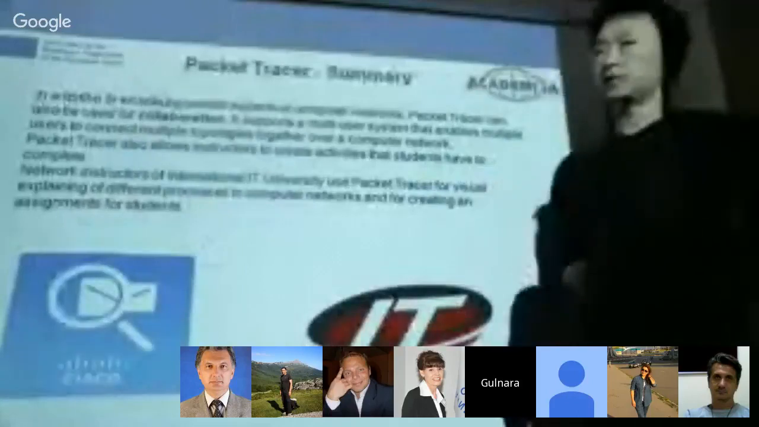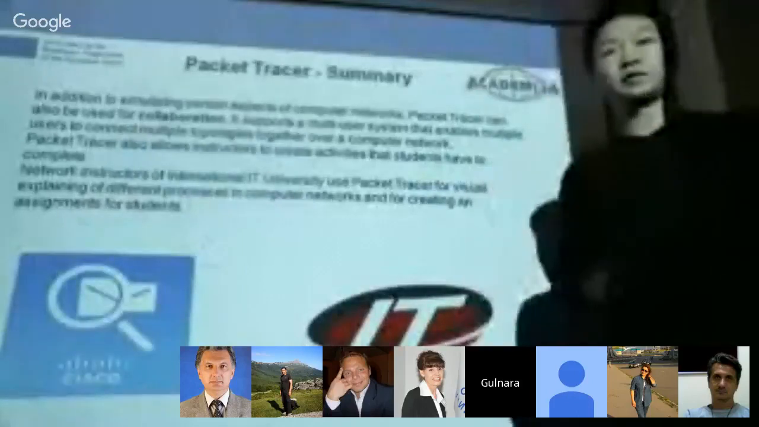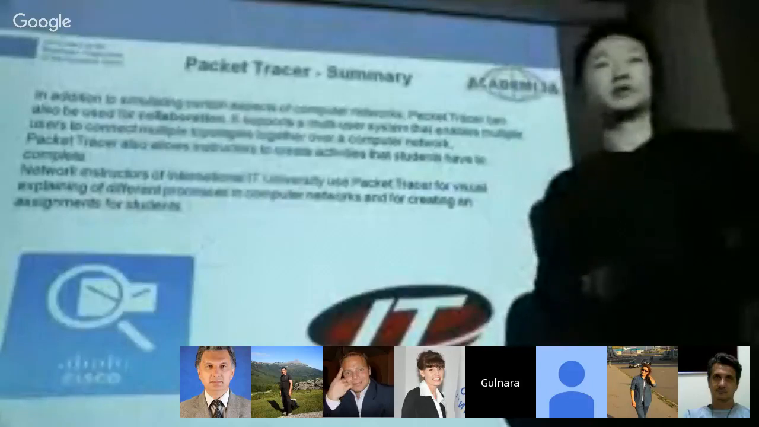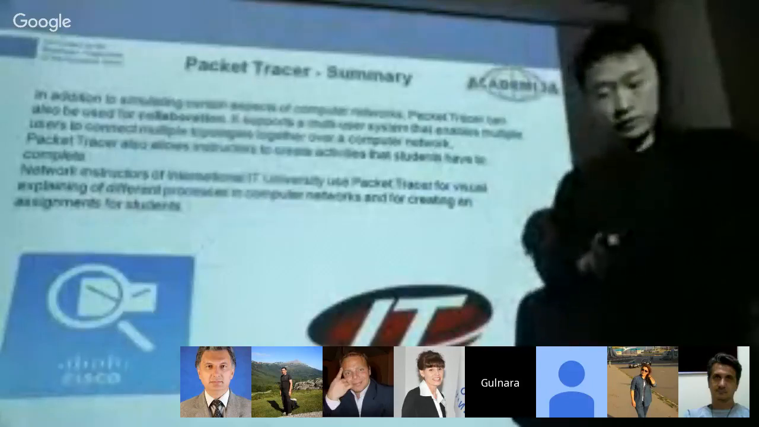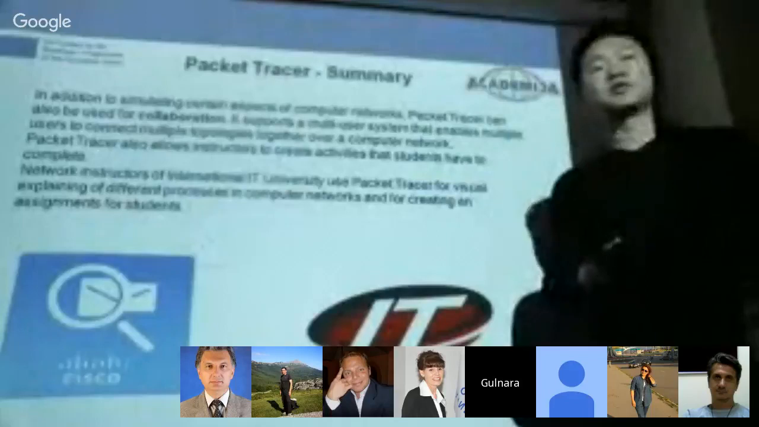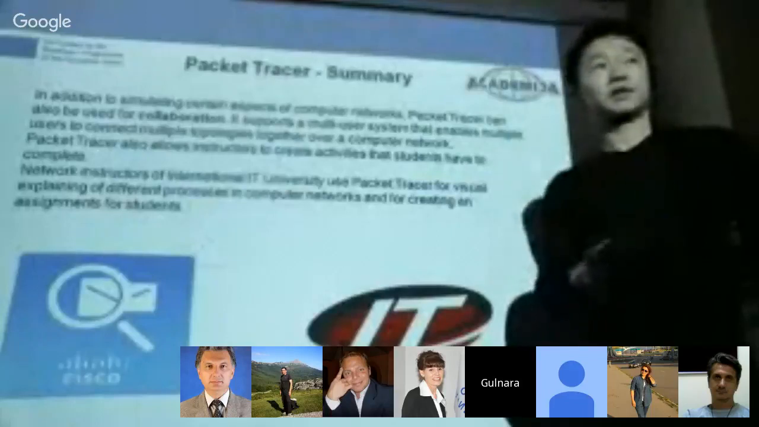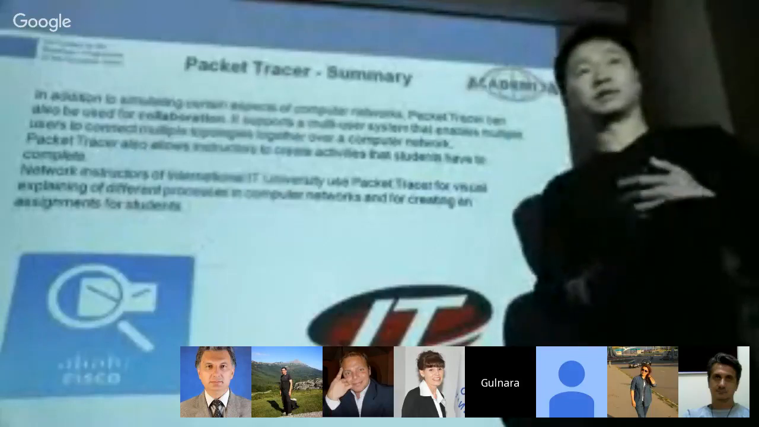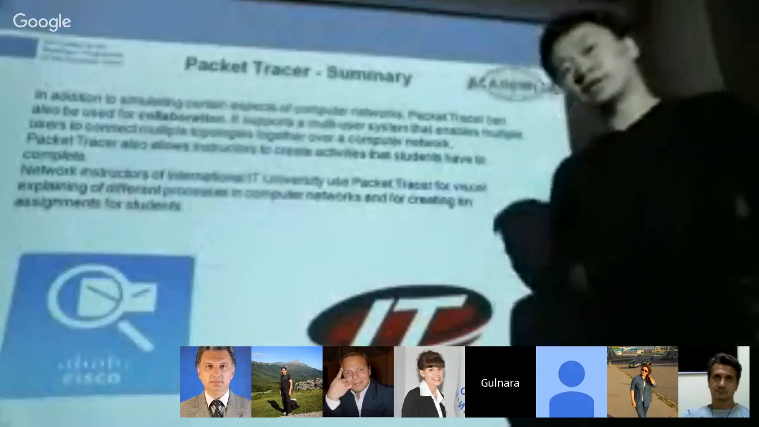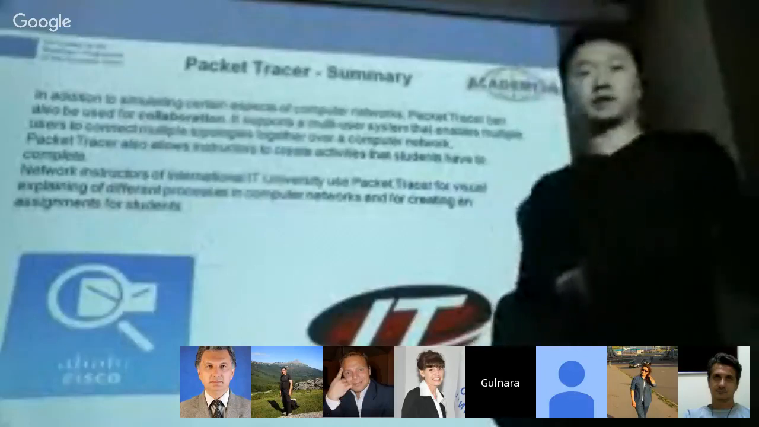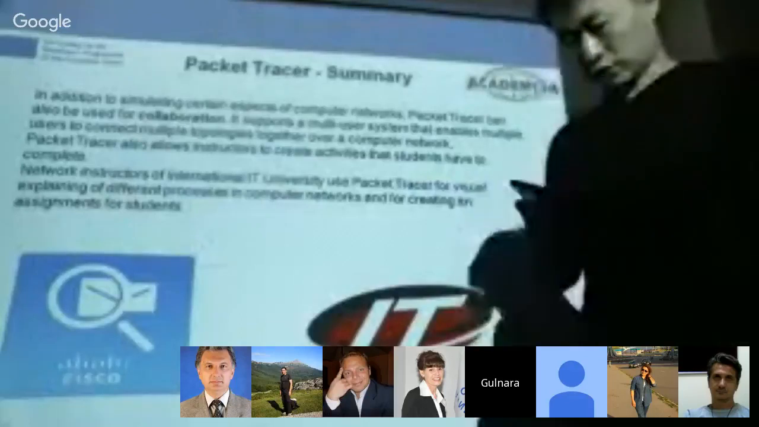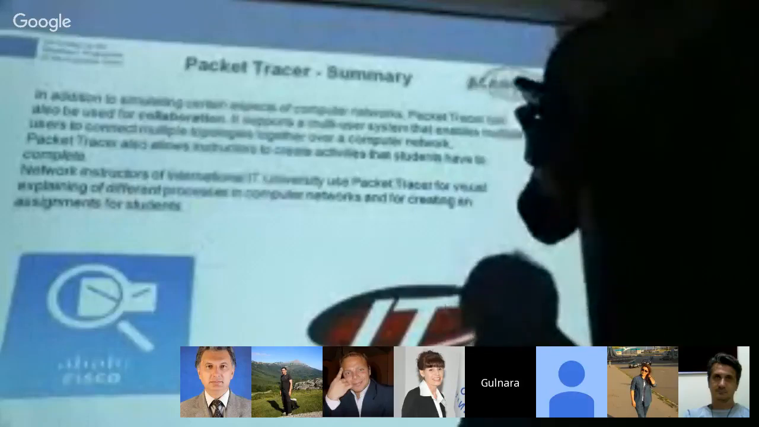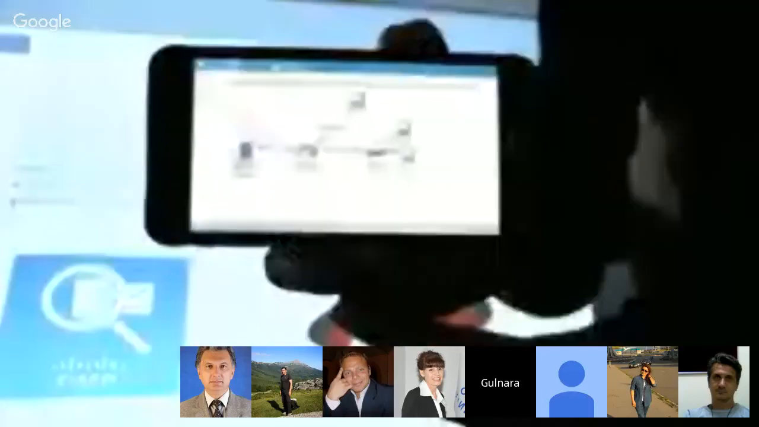Cisco Packet Tracer is being used by networking instructors in our university. It helps us to better understand and better explain to students how processes are working. And let me show you this application